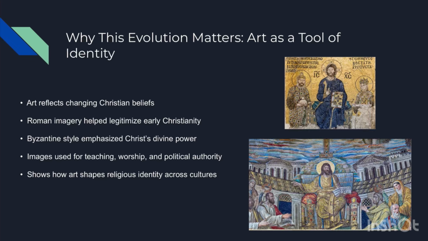This evolution from Rome to Byzantium shows how art helped shape Christian identity across cultures. Early Christians used familiar Roman imagery to legitimize their new faith. Later, Byzantine artists developed a visual language that emphasized Christ's divine authority and eternal presence. These images were not just decoration, they were tools of teaching, worship, and political power. By tracing this transformation, we can see how art reflects the values and beliefs of the societies